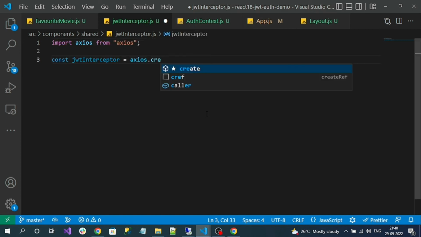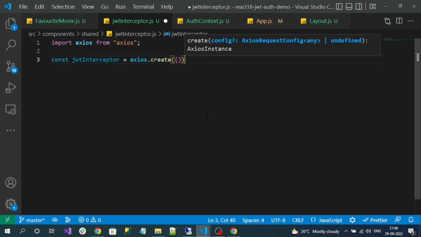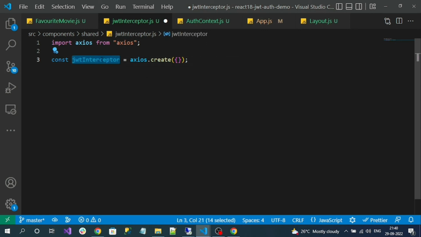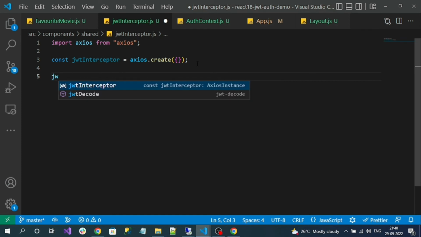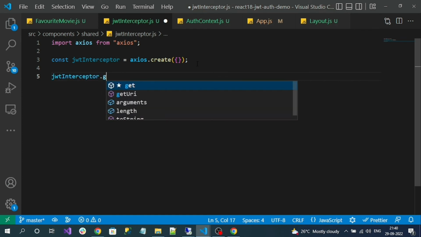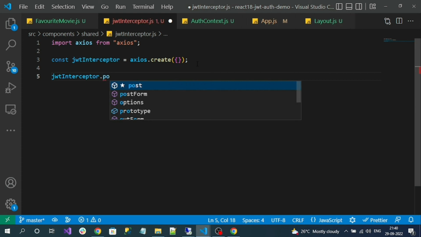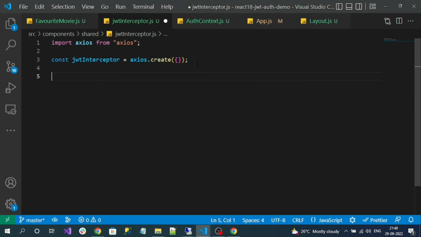Okay. So this variable is nothing but a type of Axios. Using this variable name, I can do normal Axios calls, this is just an Axios. We are creating an Axios instance. Here you can see get, post, all Axios methods. So this is nothing but an Axios. But now I will